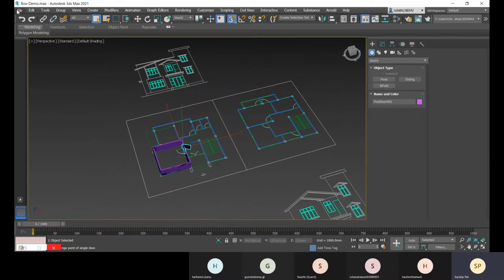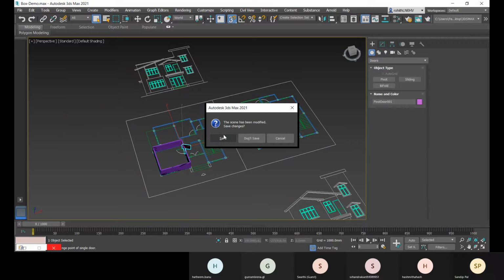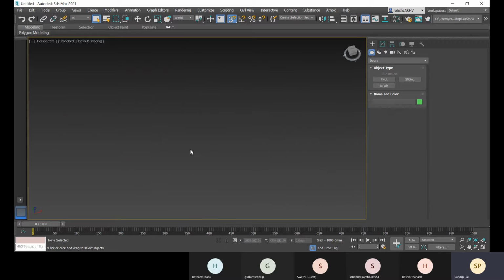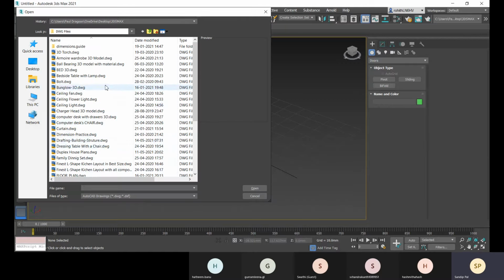Now let me just insert another file, and here let me go with new all, and let's save it. No problem with that, saving it. So Max backup file is removed. Now let's start with this here. Here I'm going to import or link AutoCAD. Let me just a second.